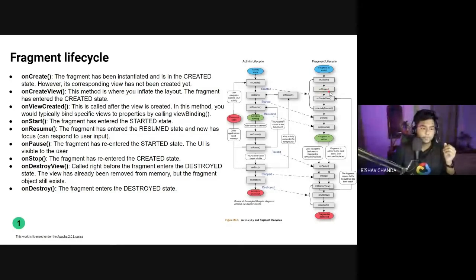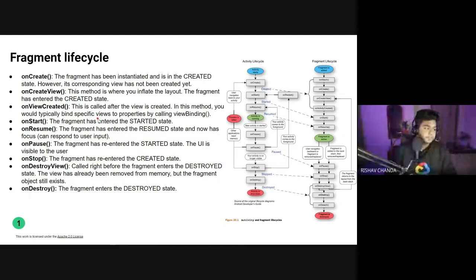Okay, so after this onCreateView, the most important thing, that is the onViewCreated, and we mostly use these two things. So onViewCreated means you are having different widgets in your fragment, like TextView, or you can say buttons, all these things. So all these things get initialized, means you can initialize them inside this method onViewCreated. In the previous methods you can't initialize them, so you have to initialize the widgets and all the things inside this onViewCreated, because in this method it typically binds all the widgets itself by using view binding.